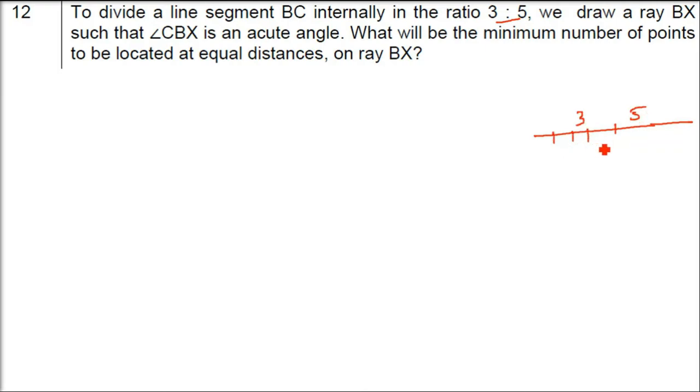See, 3:5 we have to divide. So 3 points here, these are 4. So 1, 2, 3 and 5 portions here. So 1, 2, 3, 4. And you just have to count from the last. Okay, first point not. So these are 1, 2, 3, 4, 5, 6, 7, 8 points.